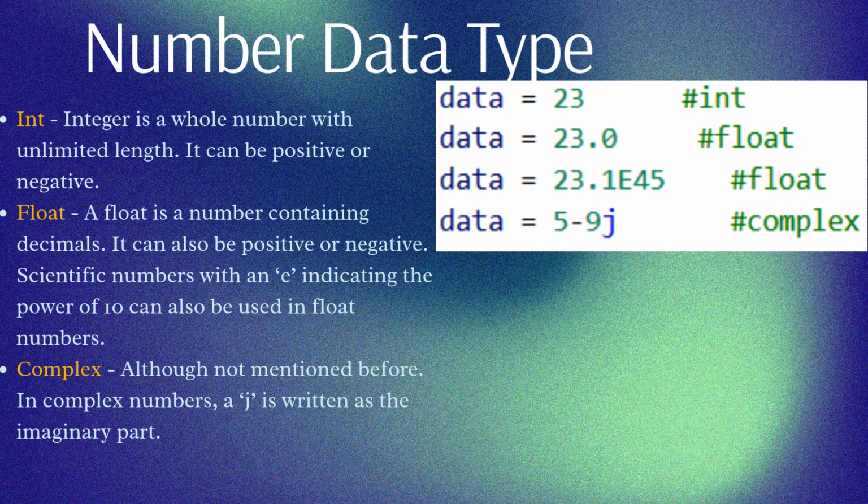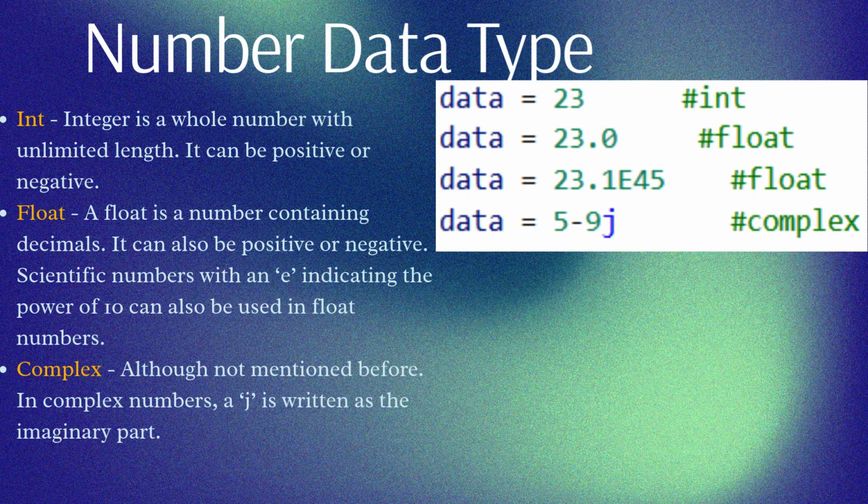The number data type has three subcategories of data types. We've got integers, we've got float, and we've got complex. An integer is a whole number with unlimited length, like 23, 24, just as long as it's a whole number. Also, we've got float. A float is a number containing decimals. It can also be positive or negative,